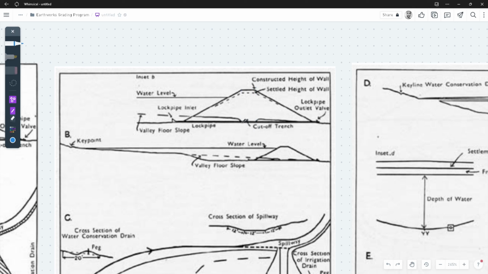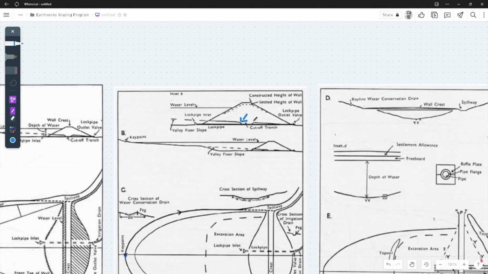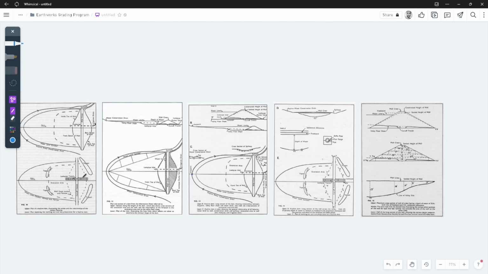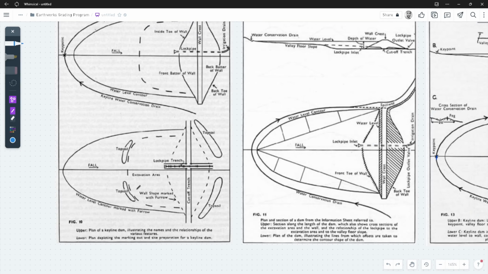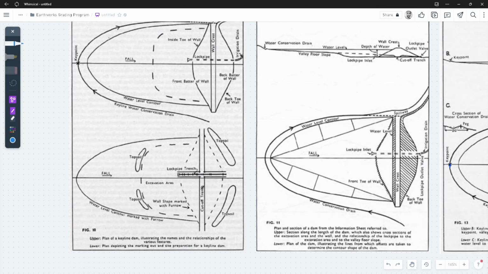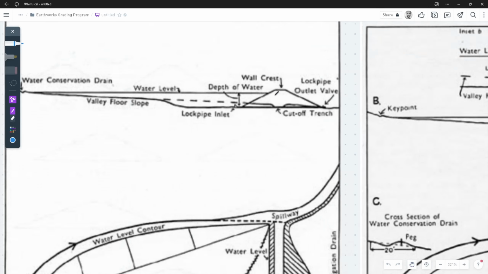And the grading batters for the cutoff trench, these would be, I think, 1-to-1s or 1-to-2s. It was provided somewhere in the section of the book, if I'm not mistaken, but I'm going to verify that later. So we're going to also make these before we proceed any further than the excavation area. And again, we're building things from the top down. So what we're going to do first is build the embankment,